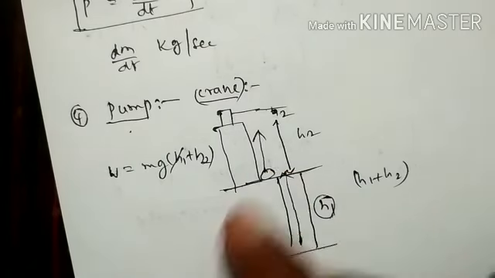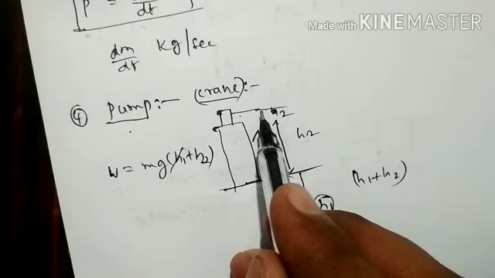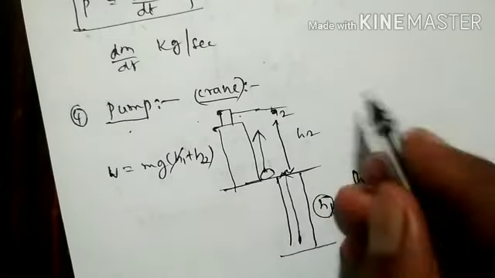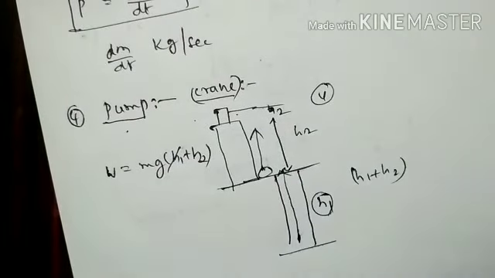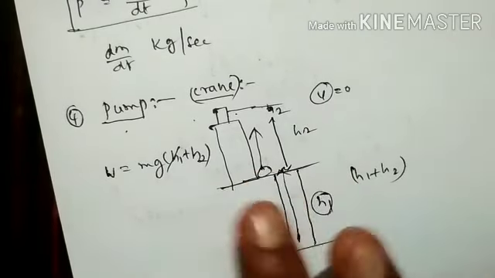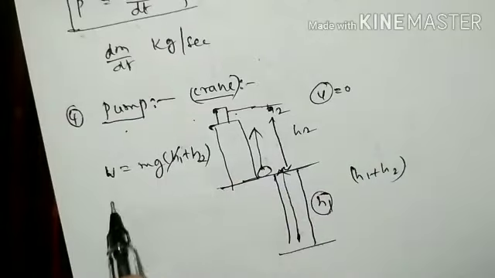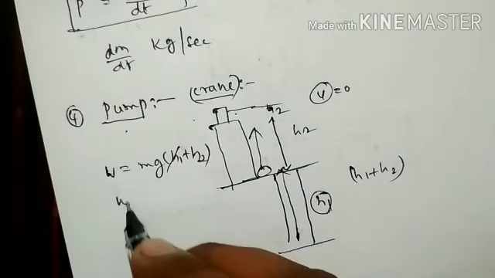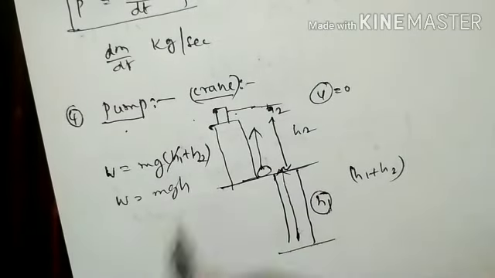And again, the water will flow with a certain speed into the tank. So the velocity of the water is also given, or sometimes the water will fall with almost little velocity, that is 0, so there is no kinetic energy of water. So depending on the problem, you just add the number of terms. If we only consider that the water is lifted, we don't bother about the depth, we only bother about the height. So you can write W is equal to mgh2, or simply mgh.